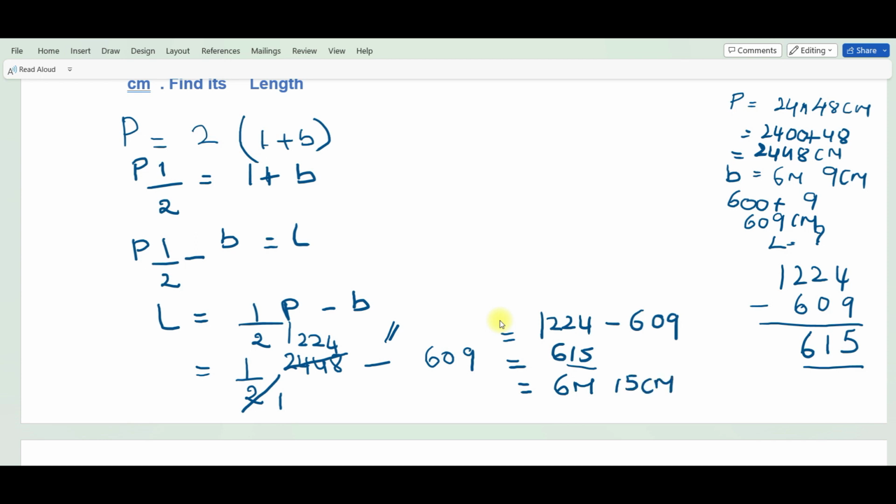So 615 can be written as 6 meters 15 centimeters. So the answer for this question is 6 meters and 15 centimeters. And this is the formula whenever you're finding length. Okay. Going forward, the fifth question in this exercise,